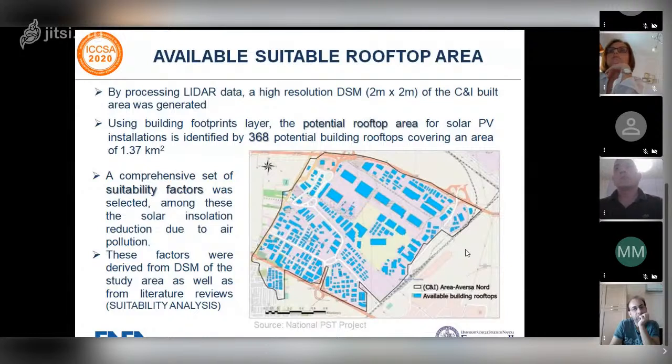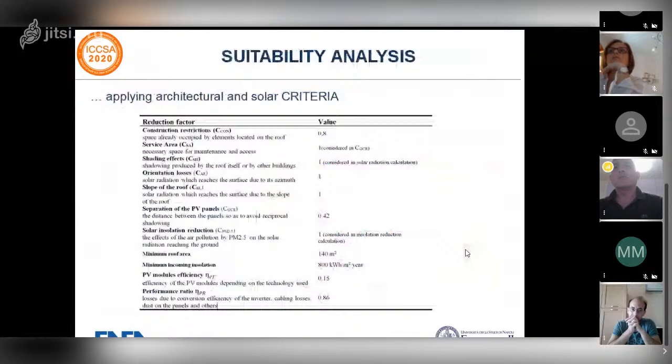It is known that many factors may lead to the reduction of potential roof area. And these factors for the present study were derived from the high-resolution DSM of the study area, as well as from literature reviews. And so on the basis of the slope and aspect raster layers derived from DSM and the building footprints layer, the suitable rooftop orientation and slopes were derived by removing the rooftop areas with a slope steeper than 45 degrees